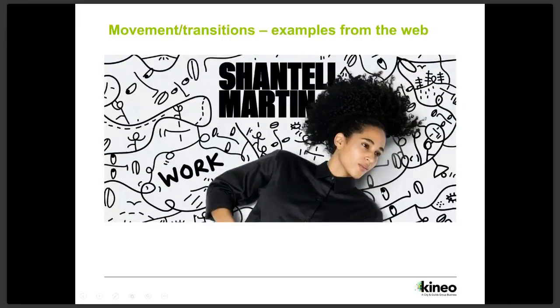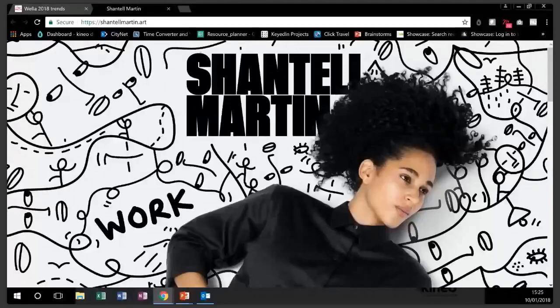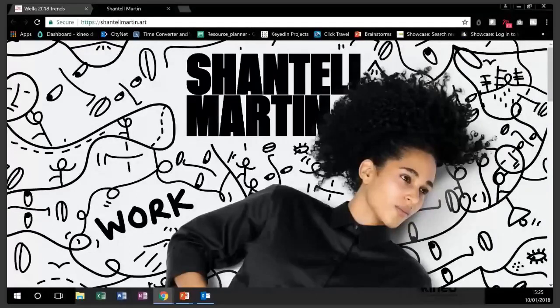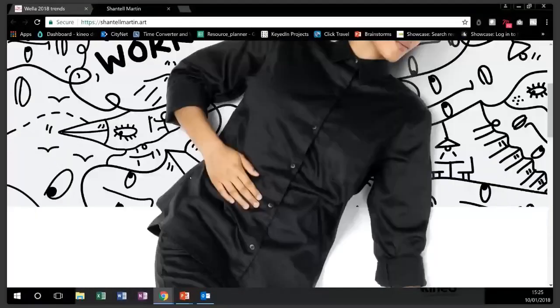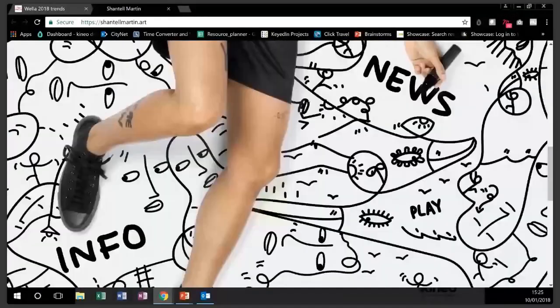And this again relates to something that's coming up a bit more later on, which is about the bespoke illustrations, isn't it? So again, an overlap of those trends together. When you look at this, what animates is not what you think is going to animate, which is quite nice. It's very subtle. It doesn't have to be always in your face. The web is very good at creating these different ways of thinking about how animation is being used. There again, nice bold black and white. It is really nice.